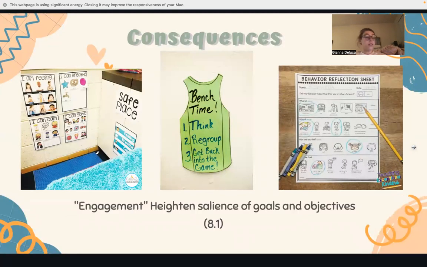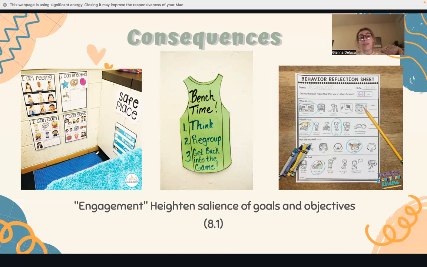We then have consequences. If a student forgets about the rules and norms of the classroom, they'll receive feedback. But if a student purposefully ignores the rules and norms for their own self-gratification, that's a different issue. These students will have to talk to the teacher. The teacher may have to heighten the prominence of the classroom goals. This may include a step-by-step guide created between the teacher and student,